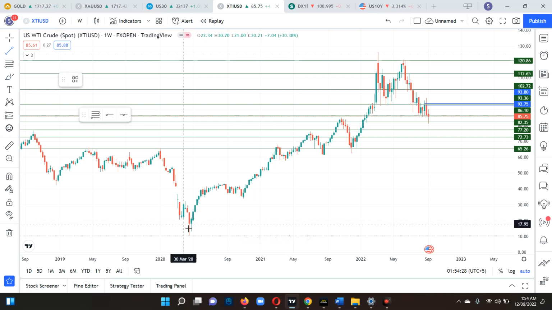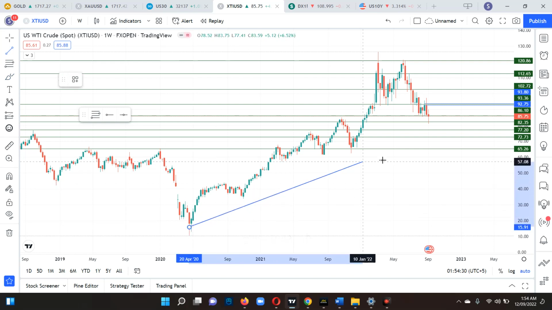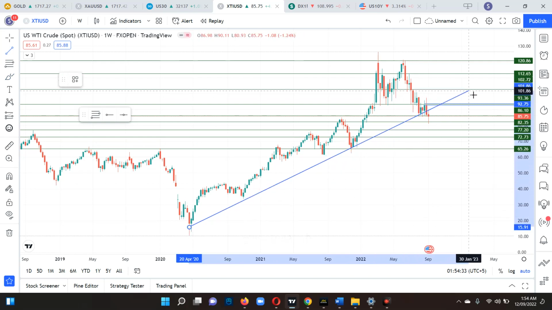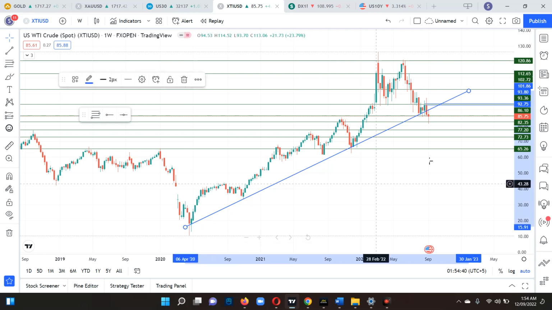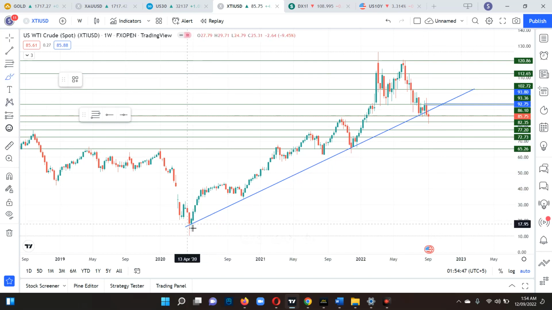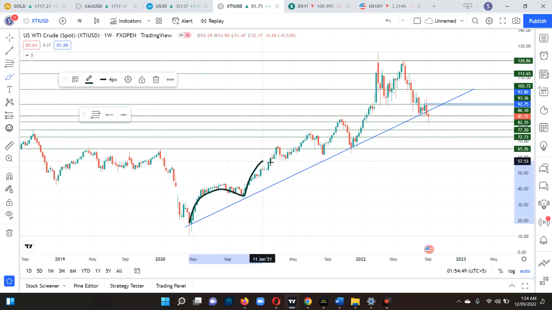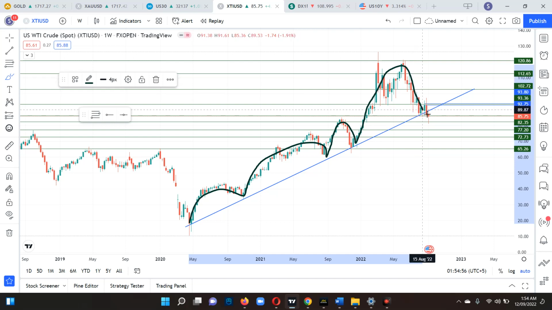If I draw the trend line of oil on the weekly time frame chart, you will see that the market was moving this way. Let me make it clearer so you get a more appropriate view. The market was moving along that trend line, and whenever it comes to this area, it tries to jump. Now again the market is at its proper trend line, and last week it tried to break this trend line.